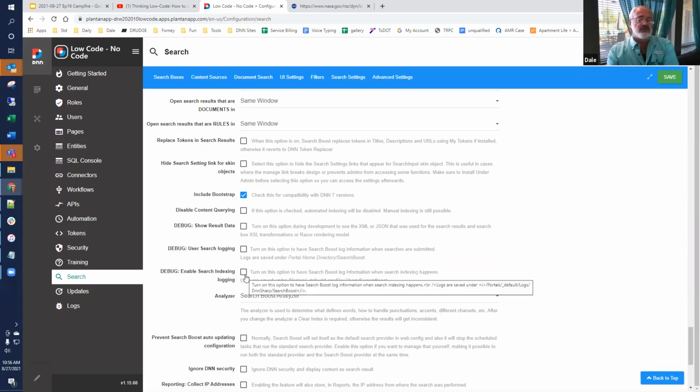So if you were to look at the debug logs, and we covered debug logs last week pretty extensively, if you were to enable this and let an indexing cycle happen, you might see why particular content was indexed or excluded, because you can see it being considered, and what decisions were made, or if there were any errors involved.